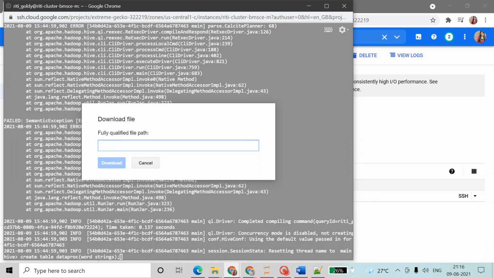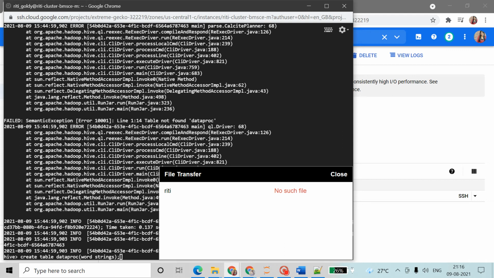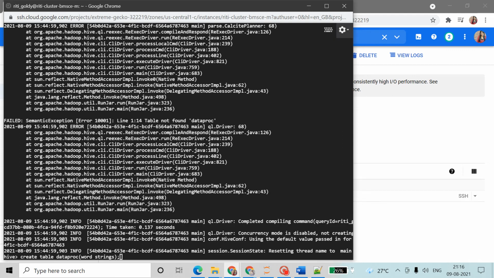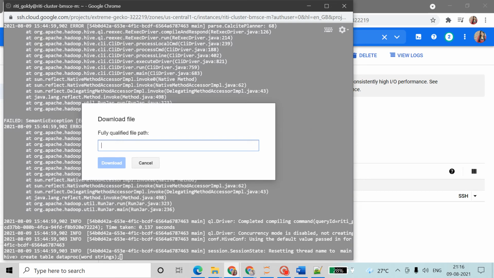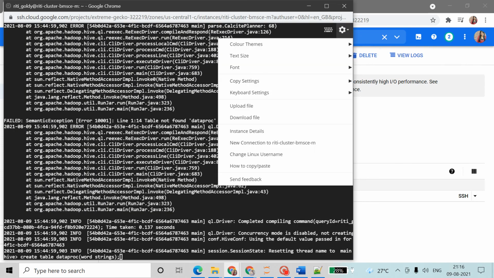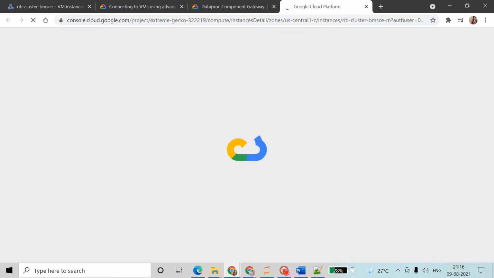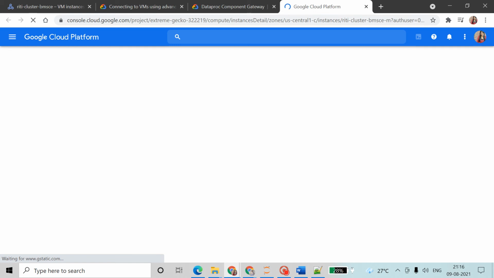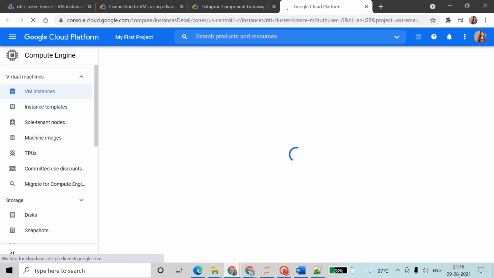We can download from instance details. Again, whatever we have created, everything we will get here.